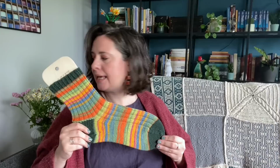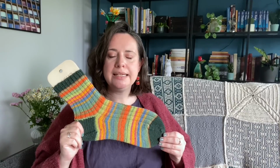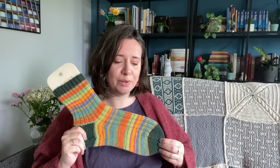And again, I just have a jar of ends and I just pick out whatever I need for that particular sock, and I thought this went together quite nicely. So the first sock is finished. I was catching a train yesterday and my train was really delayed, so I actually managed to finish this sock and then wanted to cast on the next one, but didn't have a darning needle with me, so I put